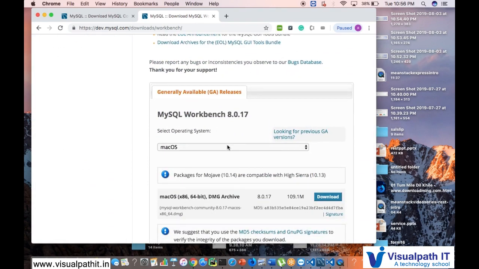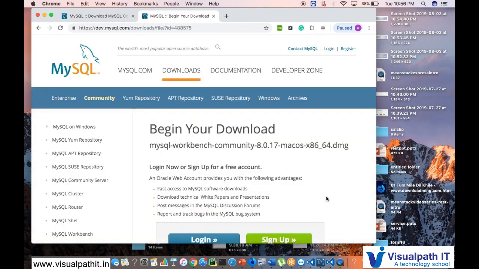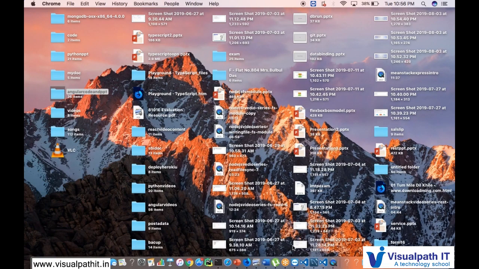And again you have to choose according to your OS version, download it, and after installation of MySQL Workbench,